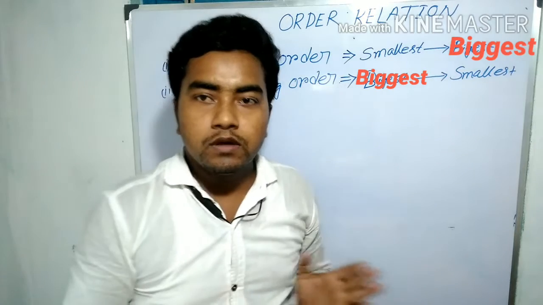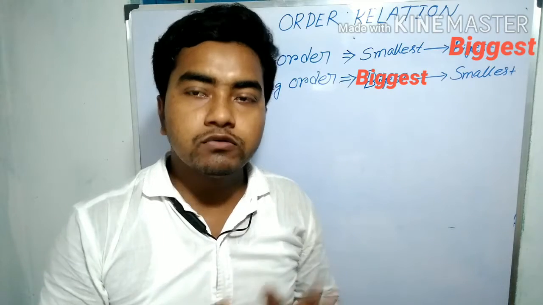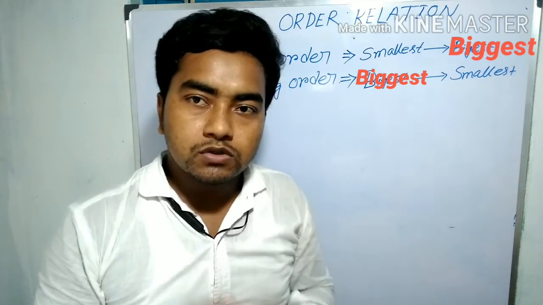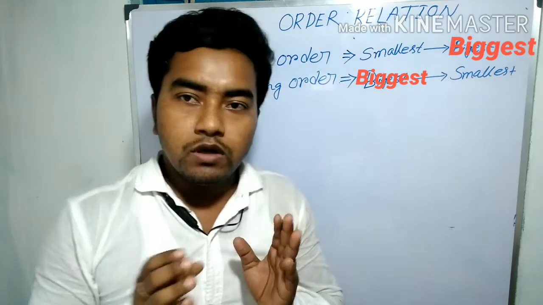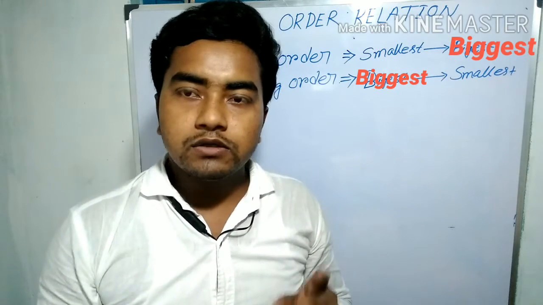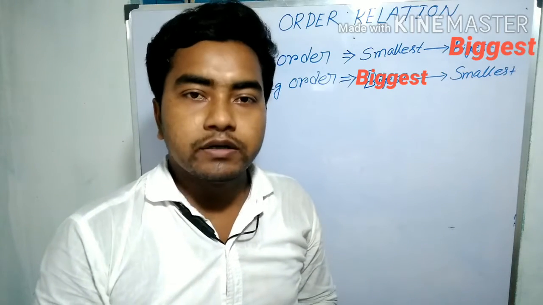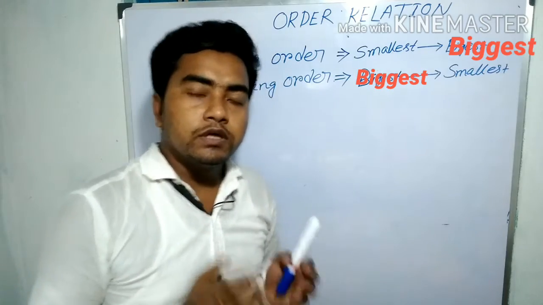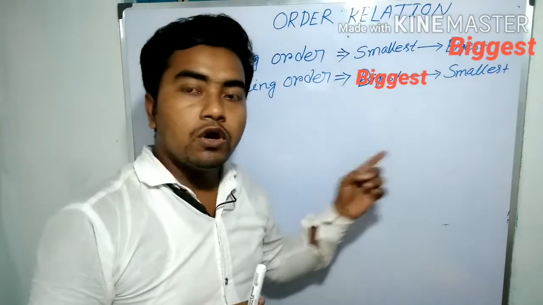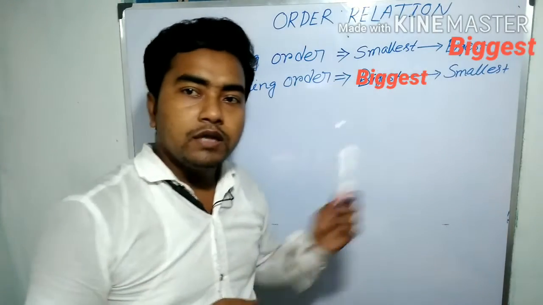To do this arrangement, we need to know at first how to compare two numbers: which number is smallest and which number is bigger. So we need to know that first. We follow some very simple rules to compare numbers and find which number is smaller and which is greater. The first rule is, if the number of digits is more than the digits of the other number, then the first number will be greater than the second.